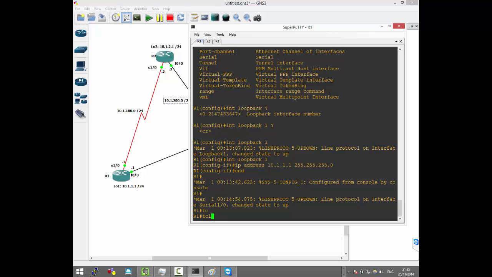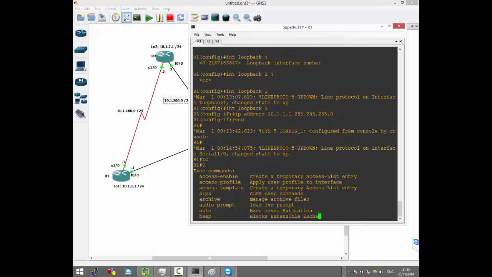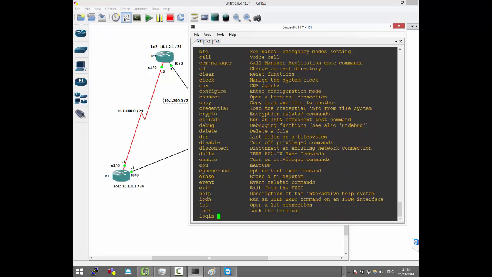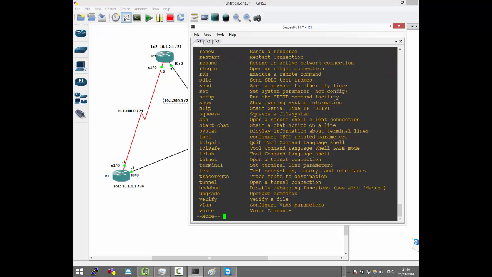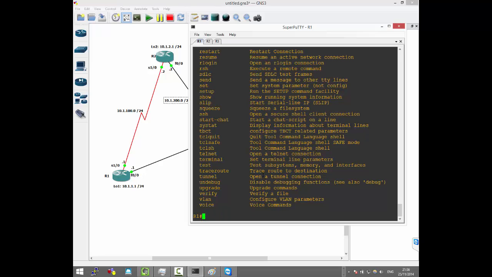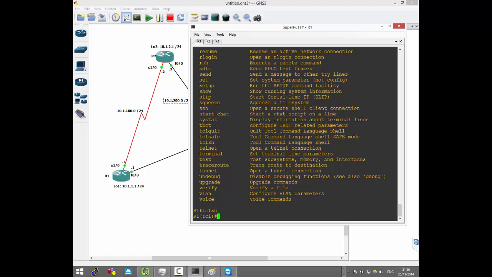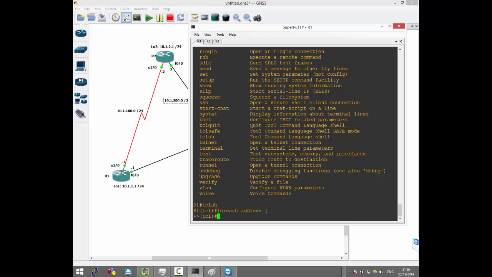Have you ever heard of this thing before? TCL. Look at this TCL. If I do a question mark and go down to TCL, just so you are aware that something like this exists where you can script on the Cisco shell. Look at this: tclsh, Tool Command Language shell. This is doing scripting on the Cisco shell. So I can basically go into the TCL shell and go foreach, and then give the addresses I want to ping. I want to ping 10.1.200.2, 10.1.200.2,